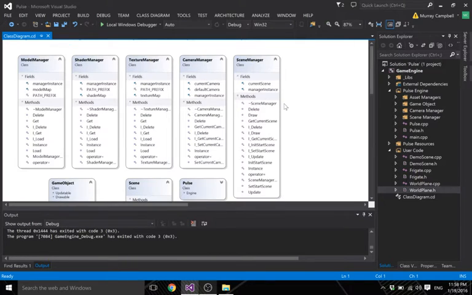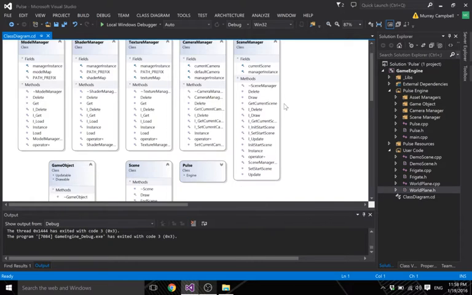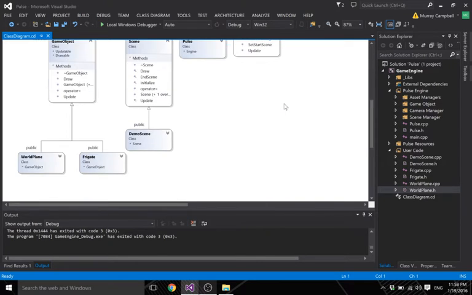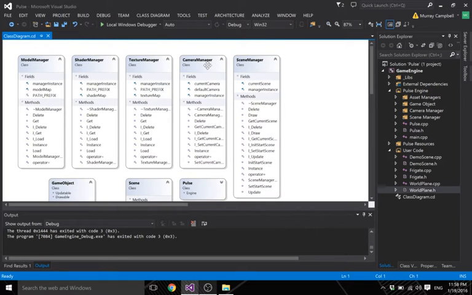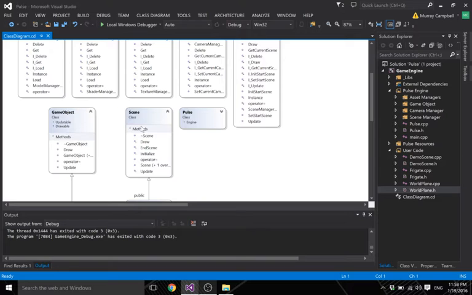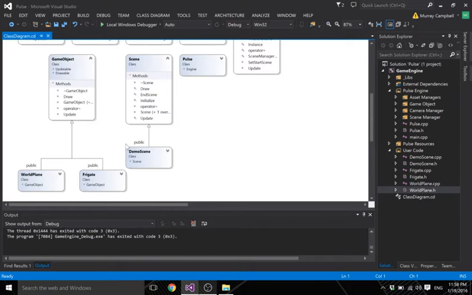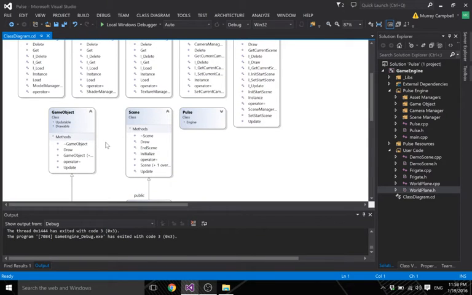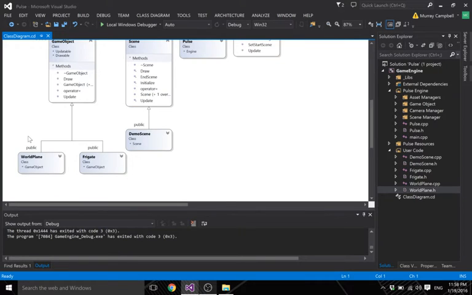So let's begin. In my class diagram here, I'm just gonna show you the stuff that I got. I have this camera manager that I've done now, a scene manager which handles scenes. I changed my game.cpp to pulse.cpp, which is the name of my engine. I have a game object class which inherits from updatable and drawable. And then I have some of these user-defined